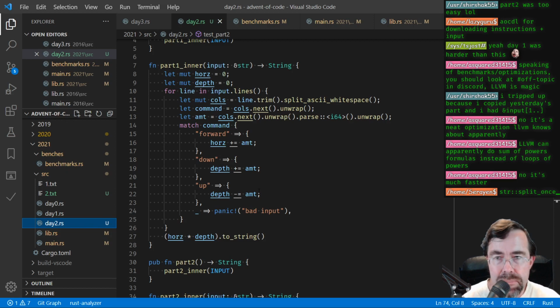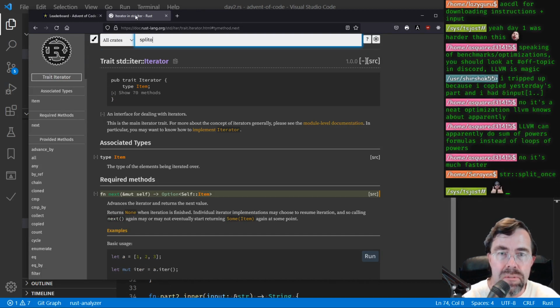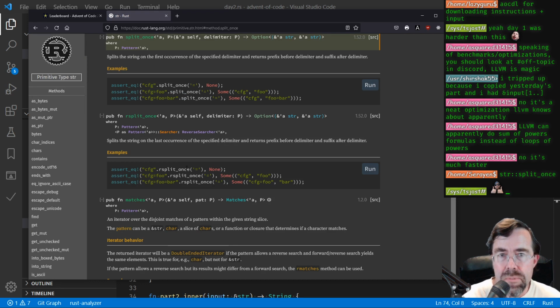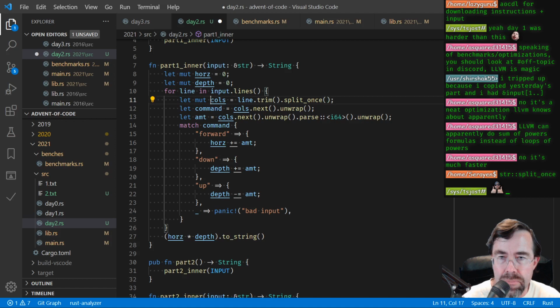Split once. Forgot what split once does. Splits the string at the first occurrence of the specified delimiter and returns the prefix before the delimiter. Oh, so that's if you know you have two things. Oh, yeah, there you go. So then it would just be split once, and then I'd have,